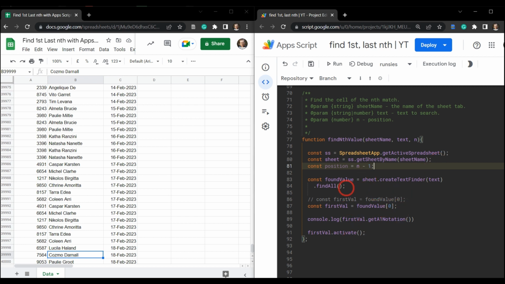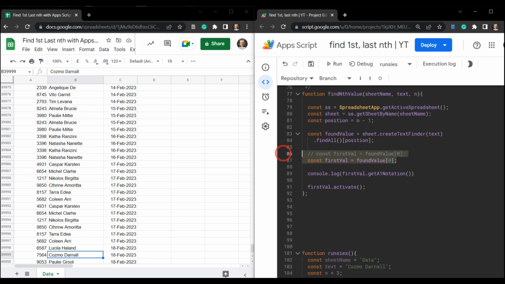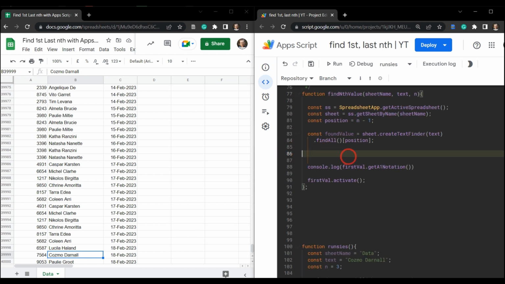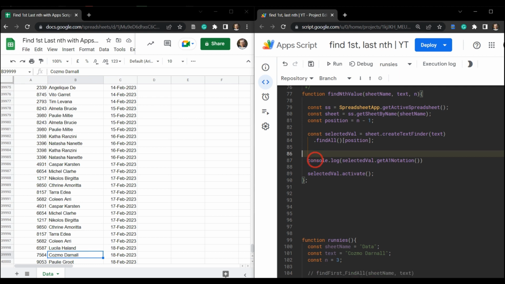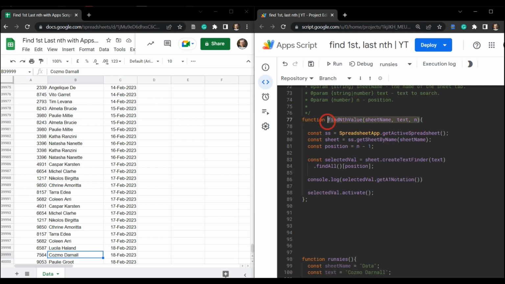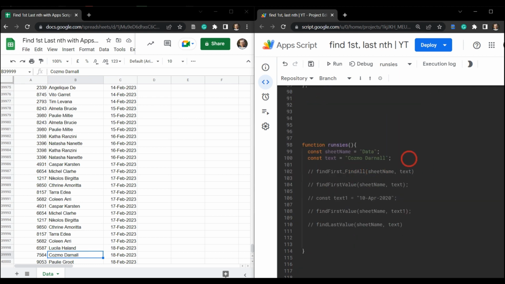And here in our find all, we're just going to say we want to grab position of this array. And we don't need this anymore. And let's change this to selected val. And we're going to change this to these values here as well. Nice. Okay, so let's just grab this function header here now and just scroll down, and we need to add